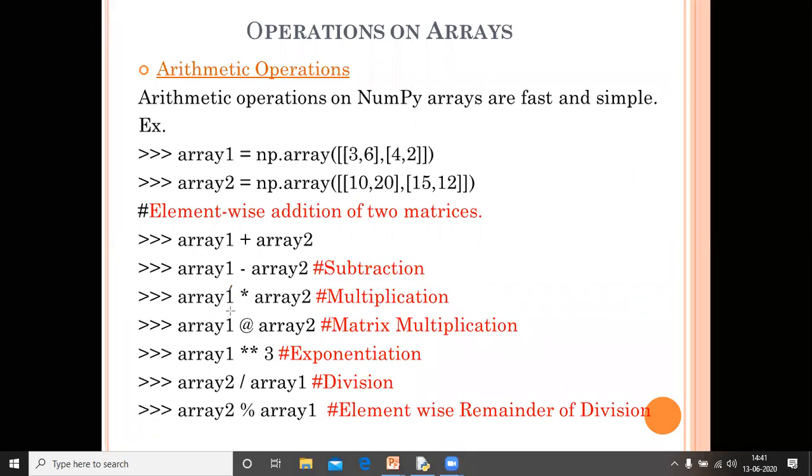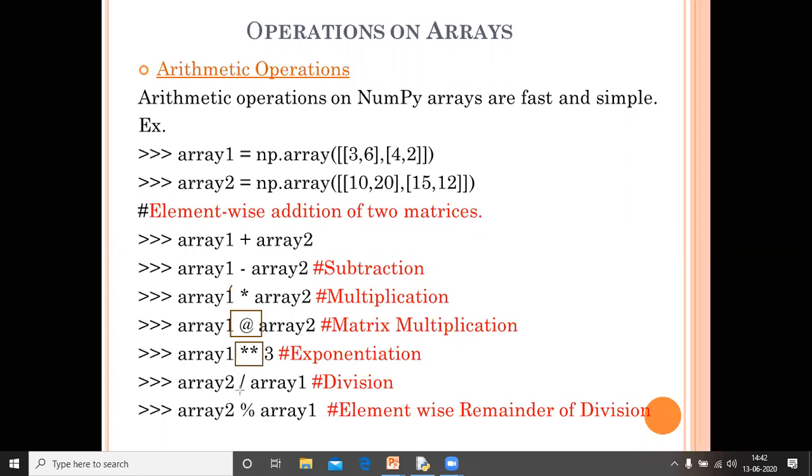Then there is one new thing we learned. This one is @. It means matrix multiplication, because sometimes a two-dimensional array is also known as a matrix. If you want to perform matrix multiplication like in mathematics, then use @. Then ** 3 means the power of 3. All elements of array 1 will be raised to the power of 3.